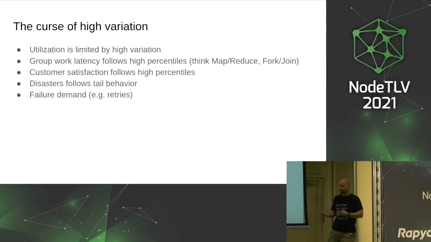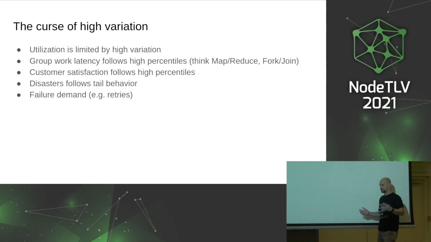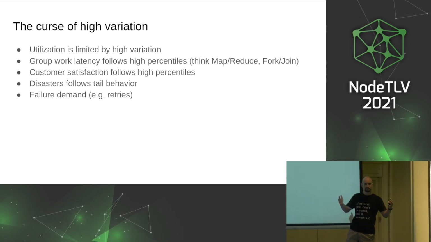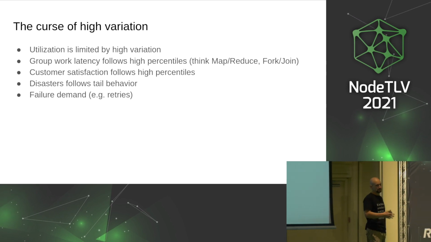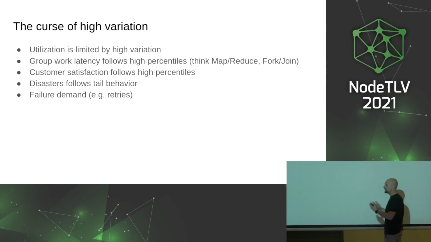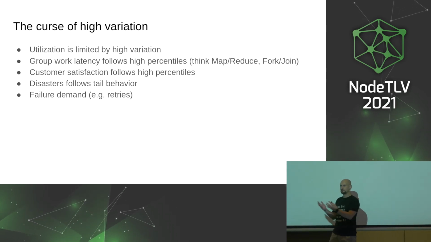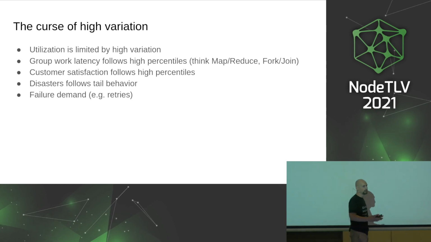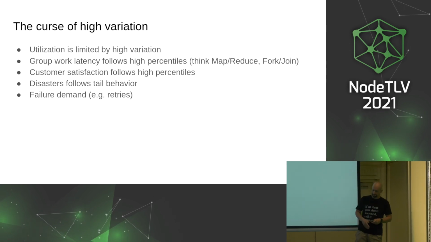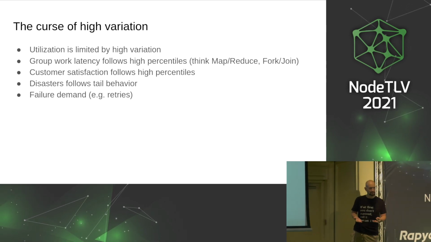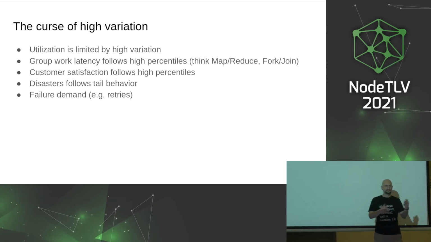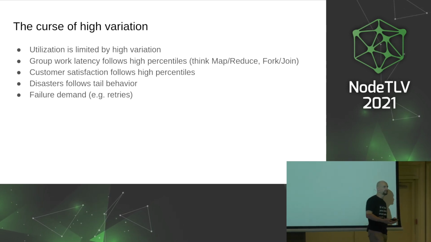It destroys utilization, and of course, whenever you have something like group latency, maybe fork join or map reduce, then it means that performance follows the high percentiles instead of the average or the median. There's also a very big difference between aggregate effects. Think about load, for example. The server feels the impact of all the clients together, whereas every client individually feels the impact of only its transaction. So when we're measuring, for example, user experience, we're interested in the high percentiles, and when we're measuring load, we would be interested in sums or means, averages, that kind of stuff. So very different aggregates.